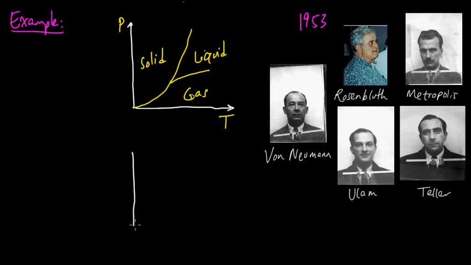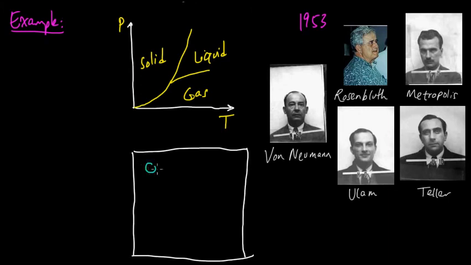And so as a theoretical model to try to understand this behavior, the following model was proposed. This hard disks in a box model, as it's called, was proposed, in which you have this box, and then you have these disks, these circles. And these circles are all the same size, and they're meant to represent individual molecules. And they're bouncing around in this box. They're just all moving all around. And they're called hard disks because they can't overlap. You can't have this situation.